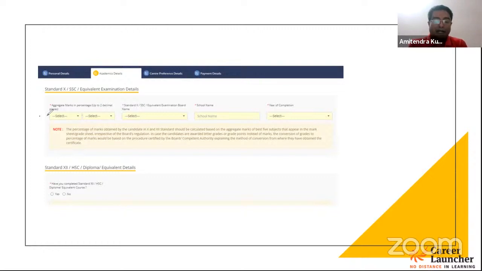But the IIM Rohtak website clearly states that you have to select the best of 5 irrespective of the board's regulation, which means you will be selecting the best scores of your 5 subjects, then divide the total by 500, calculate the marks and submit that in terms of percentage over here.